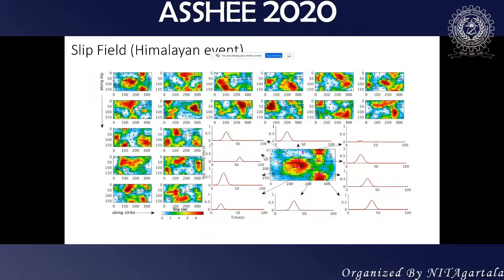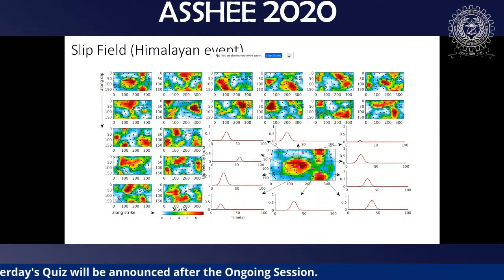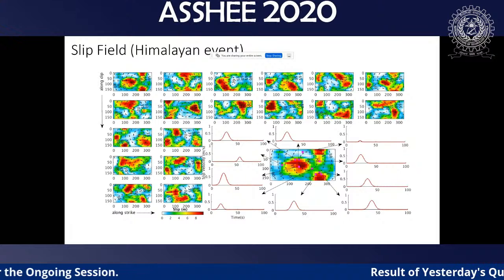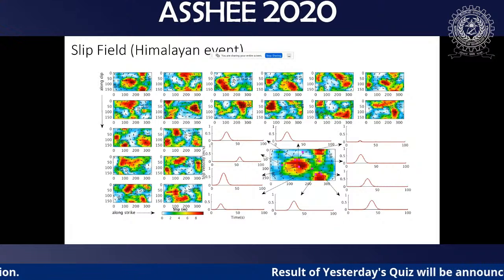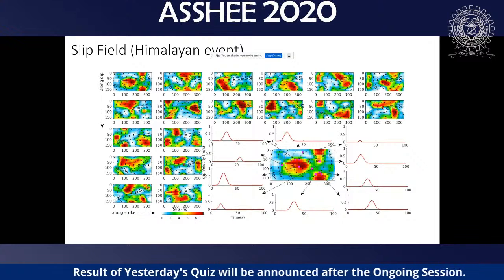Once the calibration has been done, everybody says that in the Himalayas we have a central seismic gap, and Bilham's papers are there. Many geologists and geophysicists are also speculating that a huge event is due in the central seismic gap of the Himalayas. These are hypothetical events. So we have tried to see how this Ganga basin and the Himalayas will respond if there is going to be such a great earthquake here, because these studies are very important not only for codal purposes like amplification and others. They are very important to compute economic losses also.